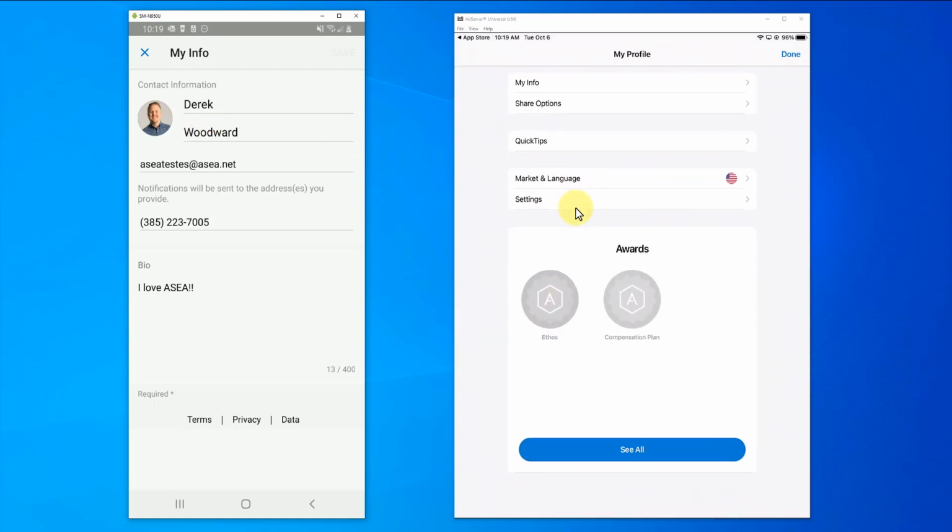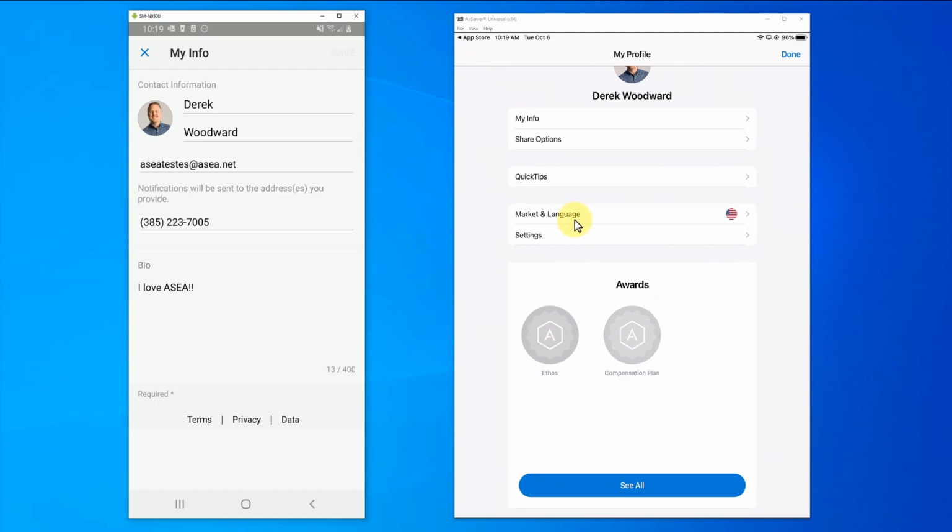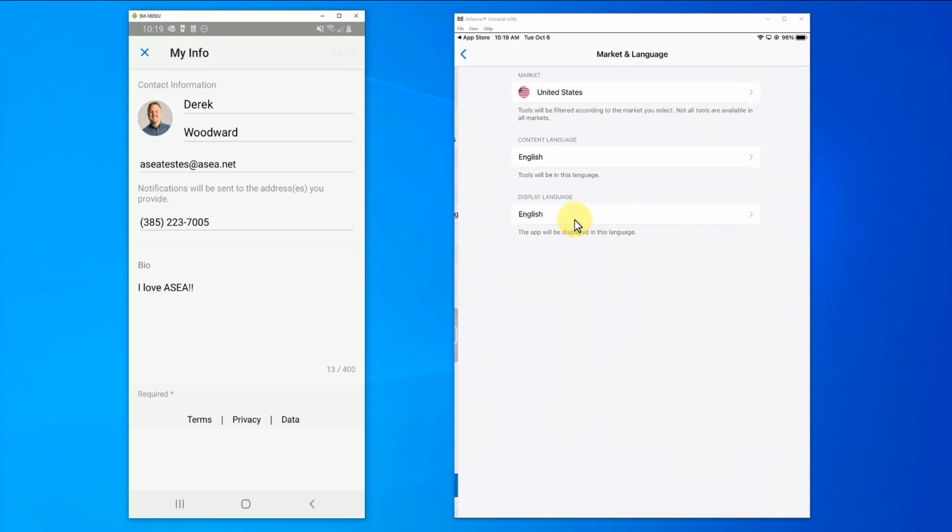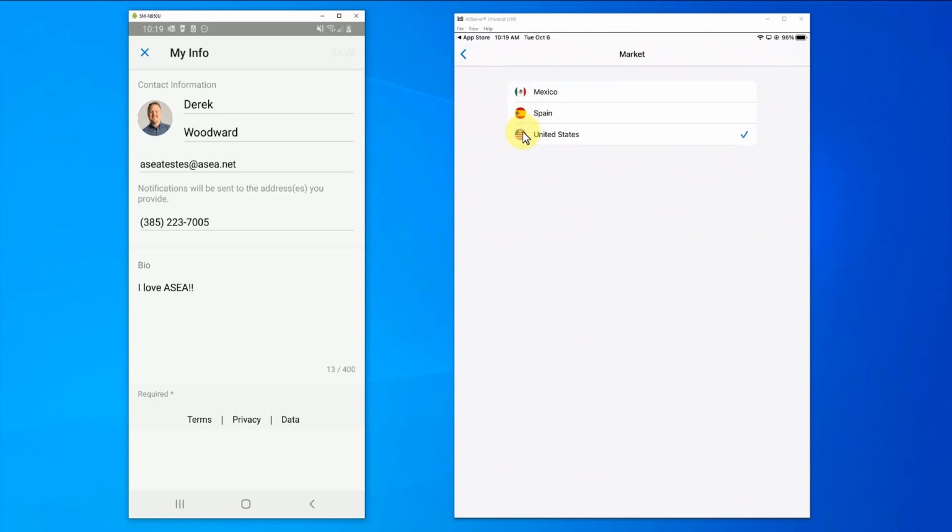So let's get back here into the profile section. The market and language is the one I want to touch base on here. As I click on market and language, you can click on the market, and you can see in this login example I have 3 markets to choose from. You guys largely have 1 to choose from at the current time being. We are working on the availability of other markets, so that you could log in and change your market if you're trying to grow teams in other countries and markets. We do see that it is an important thing that has been requested, so we will keep pushing on that.